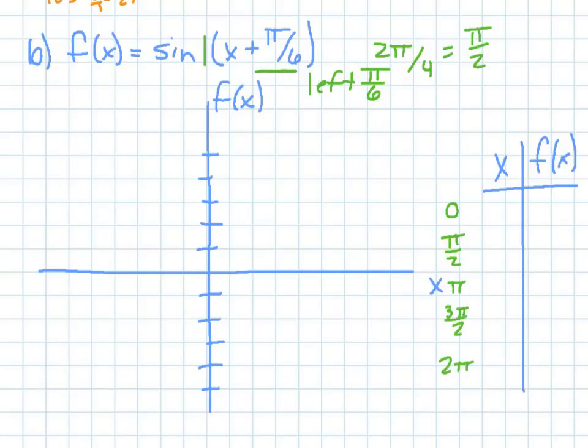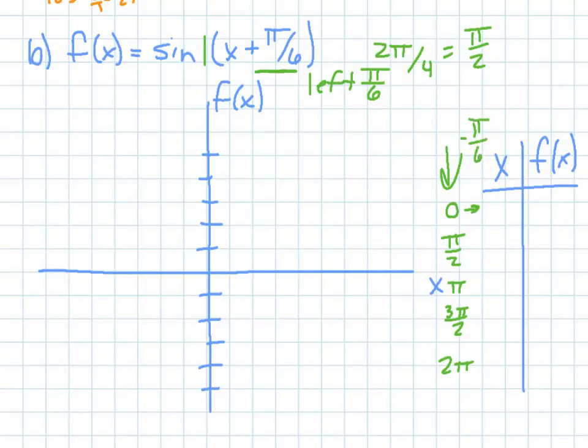Okay? Now, if I shift them, that means I'm moving to the left, so it's always going to be the opposite of the plus sign, or the sign in there. So I'm going to subtract pi over 6, because you want to be able to get back to these numbers when you plug them into your trig function, so you can get the nice stuff. You don't want the crummy values that are hard to graph. So if I subtract pi over 6 from 0,